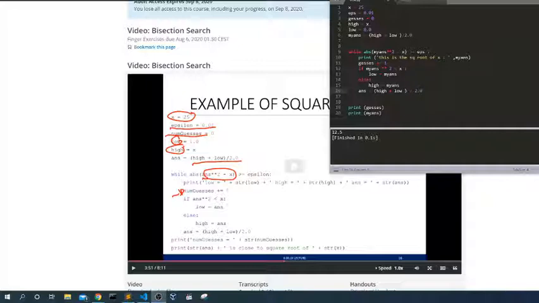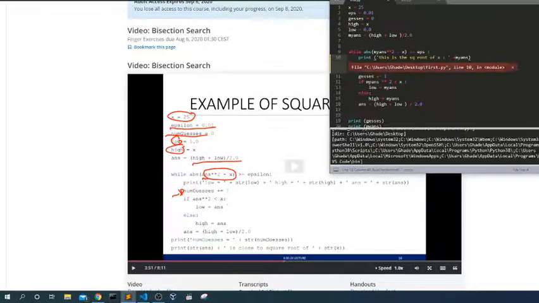Okay. Now print. Maybe here it's because of this. No, you can't add. Yeah, okay, I know. Ah, nothing.